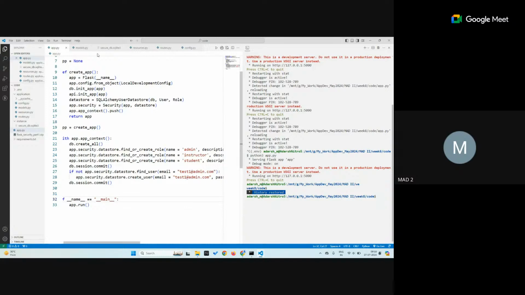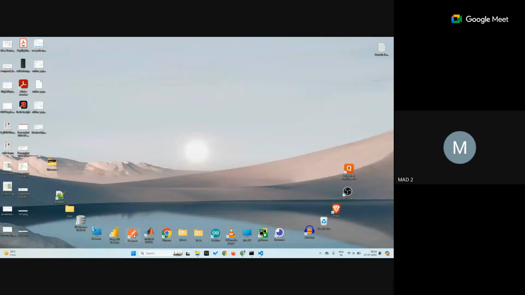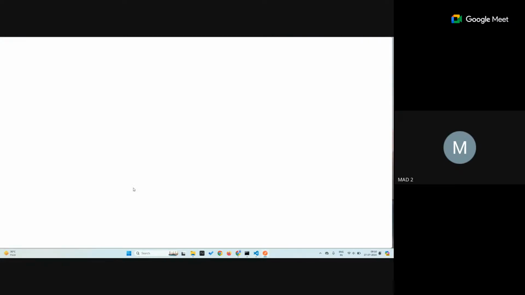You can see in the routes.py I have not defined anything. In the resource.py I have not defined any endpoint, but still we can use these endpoints. I will show you that now. For that, I will open Postman, which is an API client, right? So we can make an HTTP request to any resource with any method using this